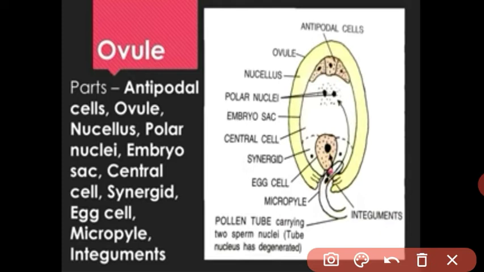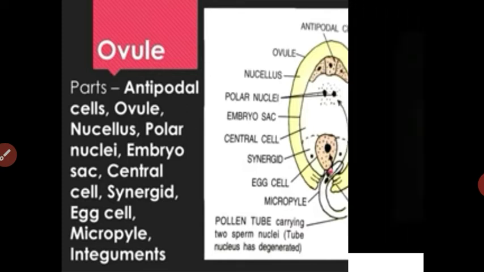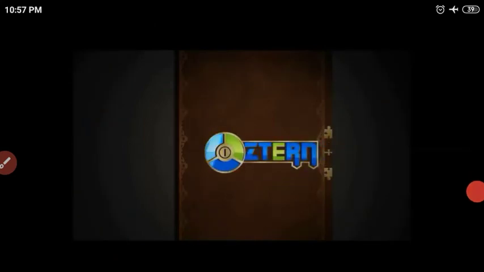Got it, student? What is the structure of the pollen grain? What is the structure of the ovules? What is the structure of the stamen and carpel? Let us see a clip of how the pollen grain transfers the male gametes, the male cells, into the ovules. See, student, when the pollen grain